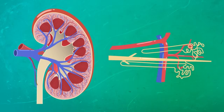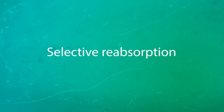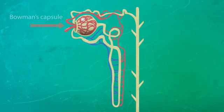The nephron is a coiled tube that moves through the kidneys. As the filtrate passes along it, anything that the body needs to keep is taken back into the blood by a process called selective reabsorption. However, the body does not want the urea, so it carries on moving through the nephron